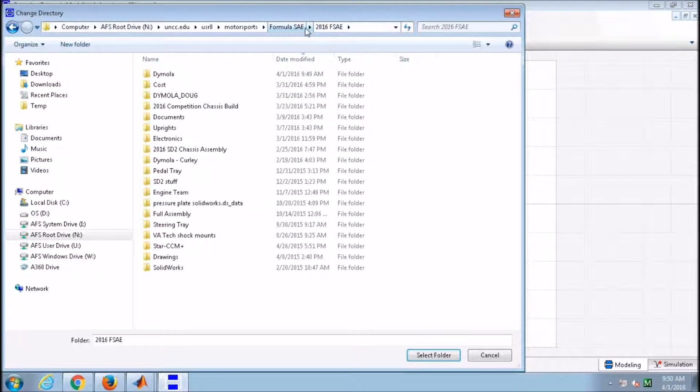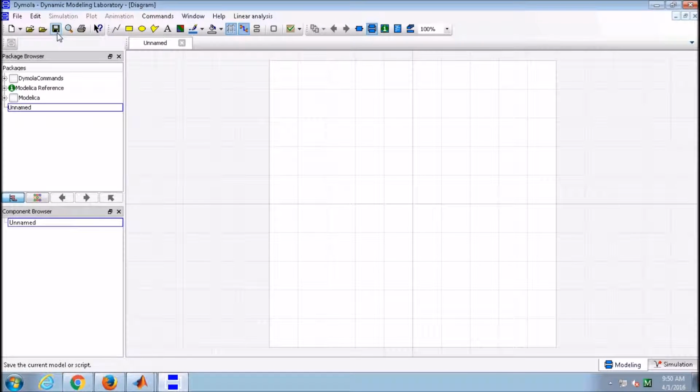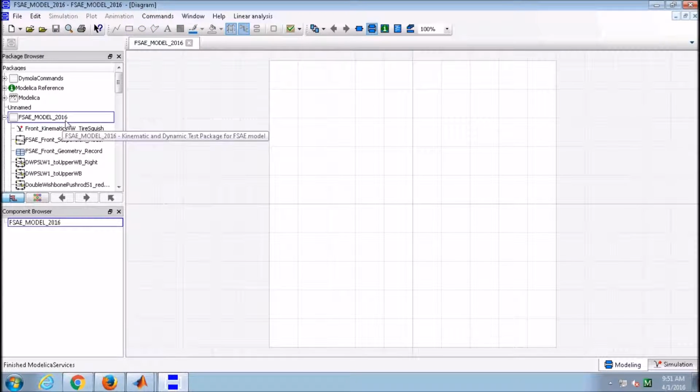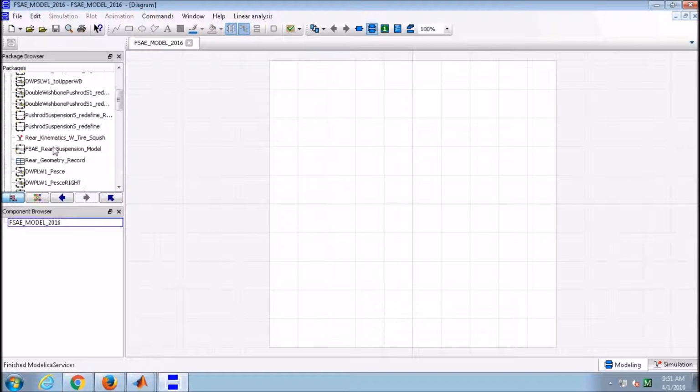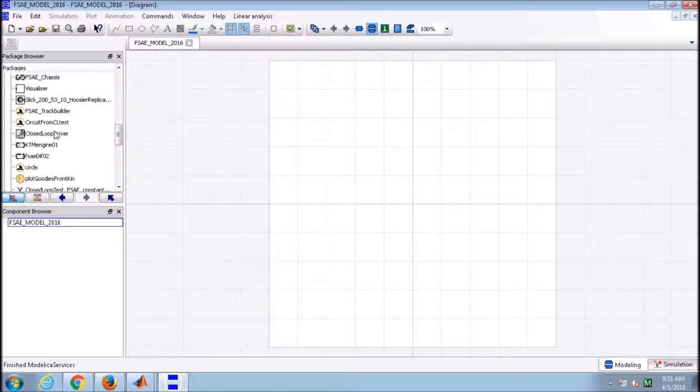So I'm going to go into my Dymola folder, select that, then I'm going to open up, it should be the top one because it's most recently edited. This is the whole library that we've developed for the 16 car. Right now there's a lot of extraneous stuff in there, but it'll be cleaned up before any of you are using it. So we're going to come down here. First thing we're going to do, we're just going to open up our closed loop test,